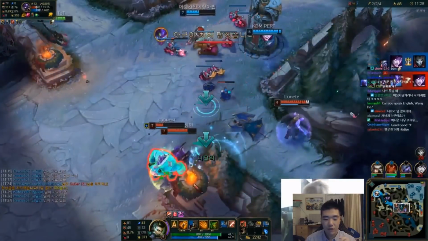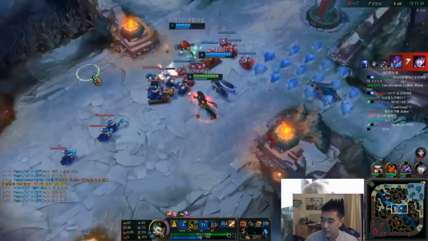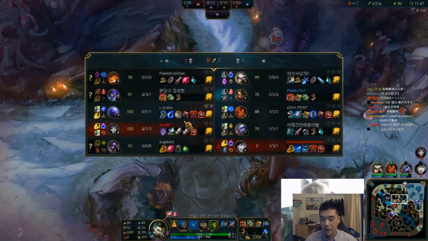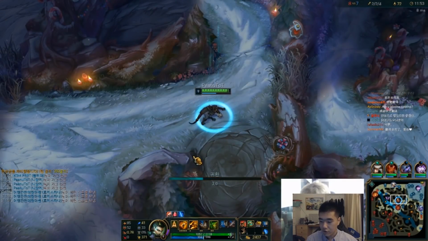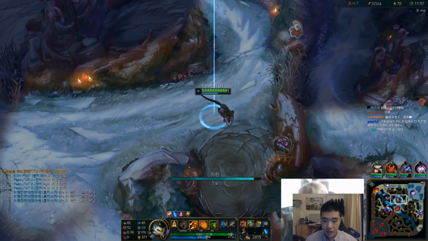By the way, it does feel kind of awkward to not have any game sound, because I usually get those cues from game sounds. I think I'm going to turn that on. Okay, so he has 2,300 gold, quite a lot banked up. I think he's going to clear this and buy. And I'm guessing after he buys, he's going to go bot side. Bot side and... Wait, why did he...